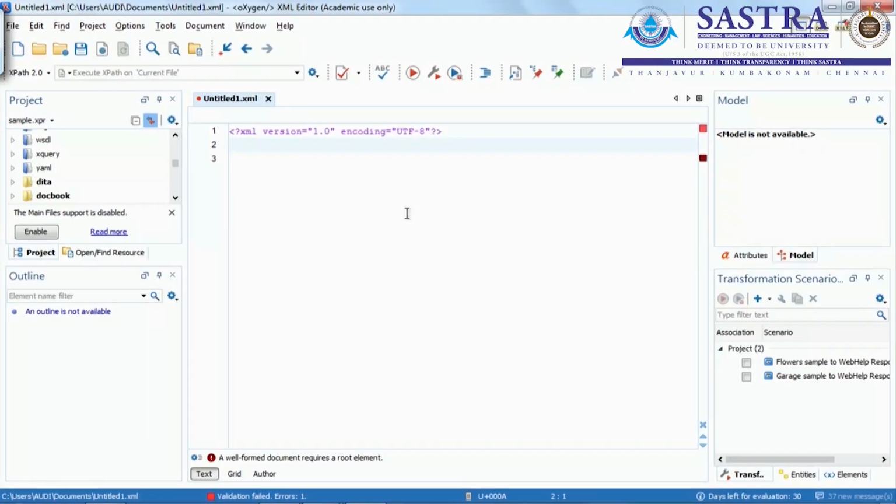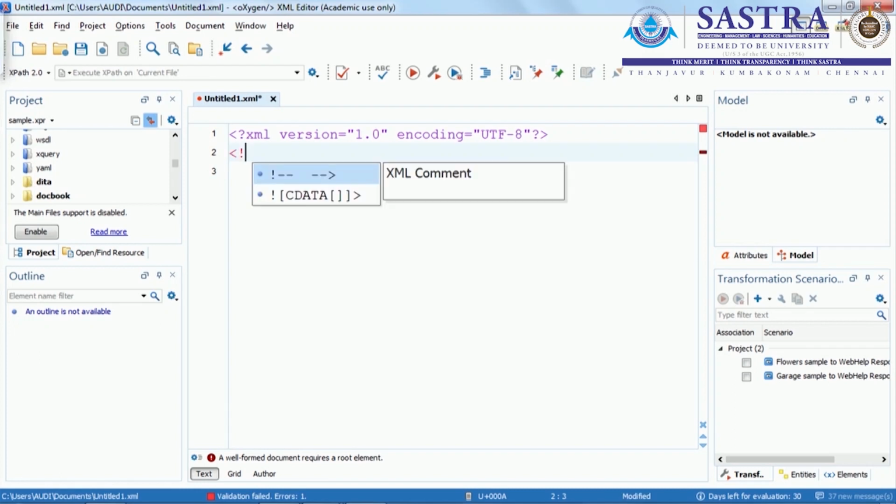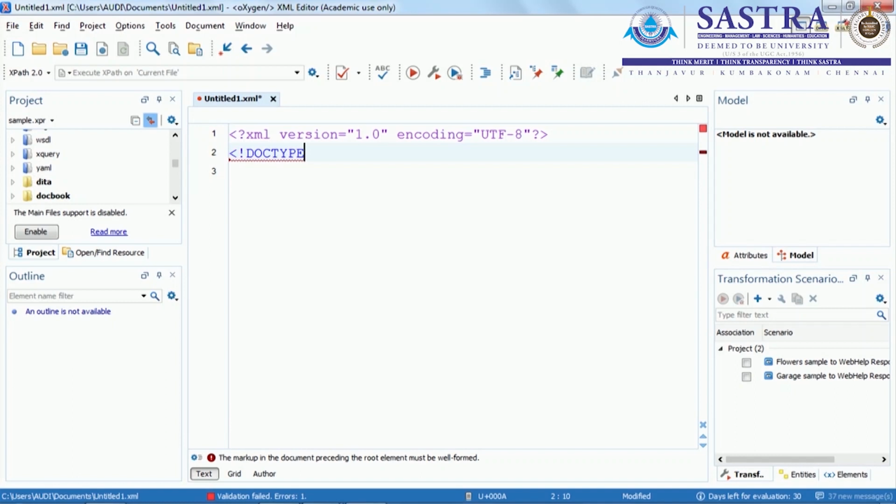So, coming to the editor window, I can show you how to create it. We need to create the internal DTD: DOCTYPE, I have employee, it's the root tag, closing angle bracket. So in between this I need to enter the element details,